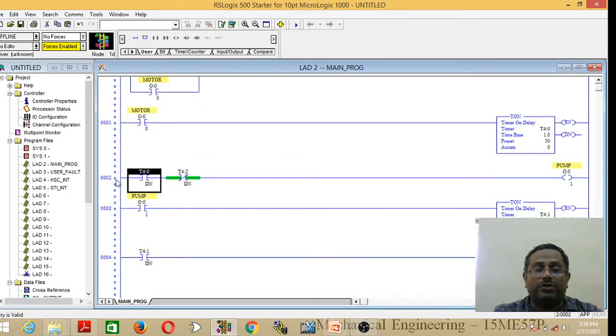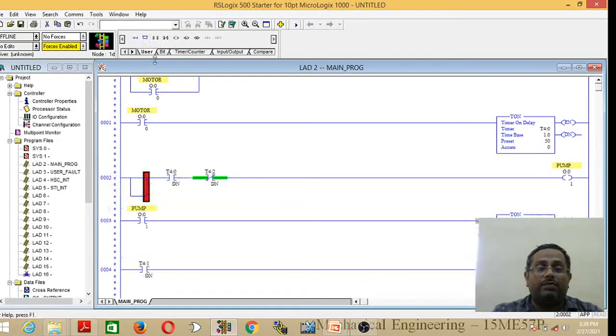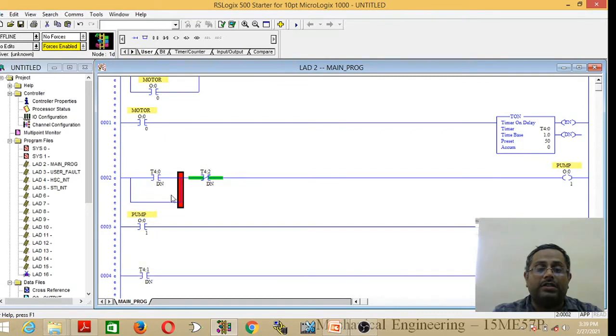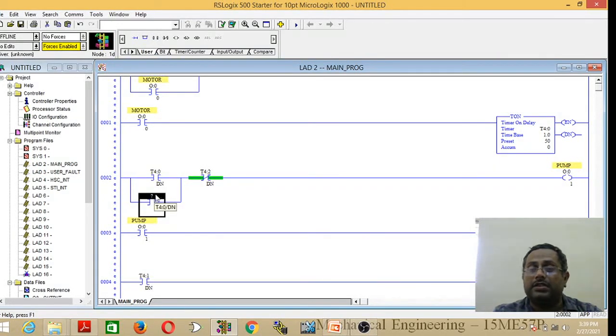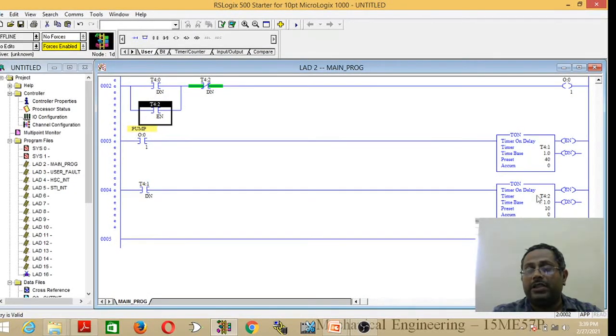For that go to this rung and select a rung branch and drag it here and give the address as T4:2/EN. This pump has to be on until this timer is true. Once it goes false, the pump will be off.